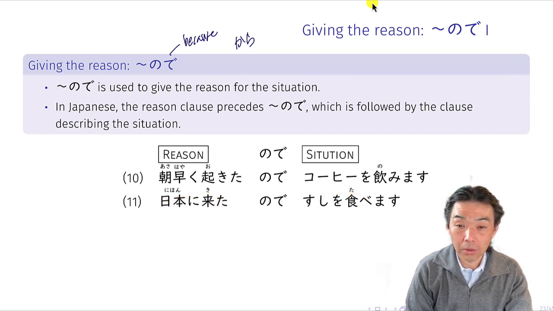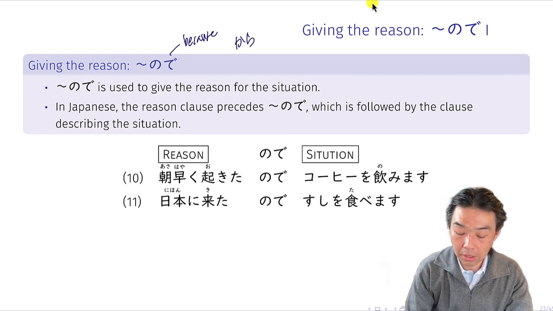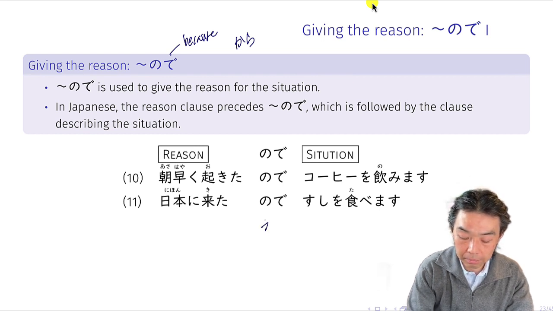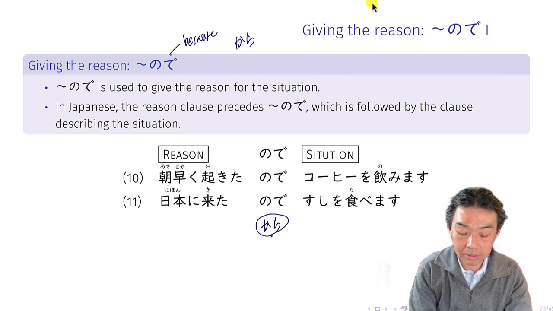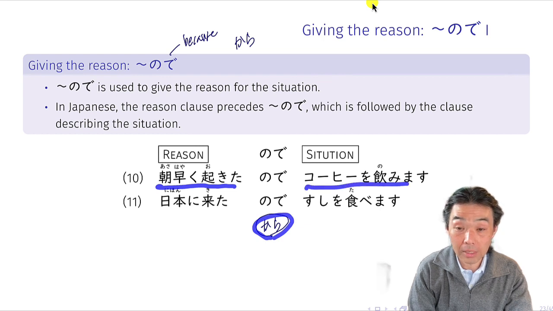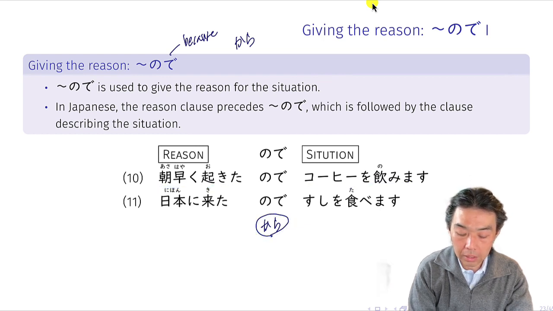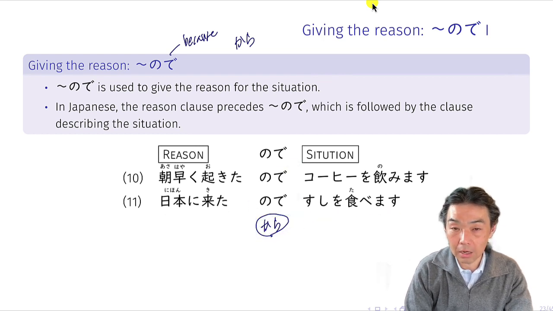Okay, so node, you could have used kara here instead. At least with these examples, it makes very little difference. You could have said 朝早く起きたからコーヒーを飲みます。日本に来たから寿司を食べます。And in a way, node and kara are interchangeable as far as these two sentences are